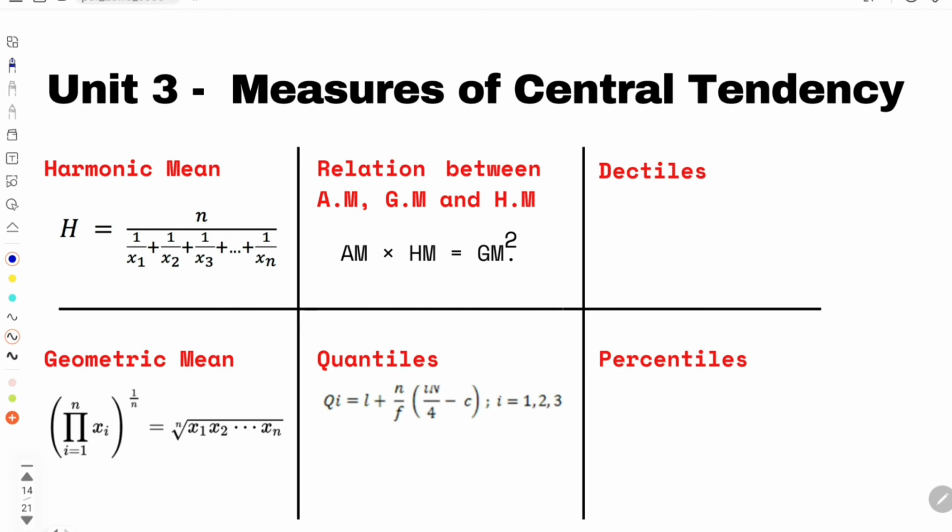Like the other types of means that we find are the harmonic mean and geometric mean, and we saw the relationship between arithmetic mean, geometric mean and harmonic mean as well. Arithmetic mean into harmonic mean is geometric mean square. And we saw how to calculate quantiles. If you know the formula for median, you will be easily able to calculate the formula for quartiles, deciles and